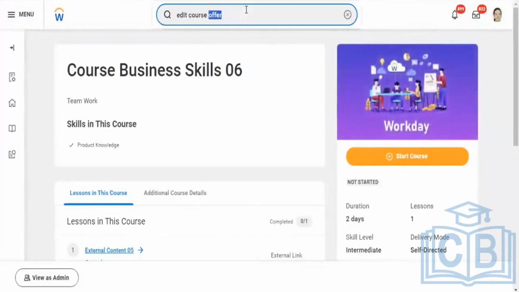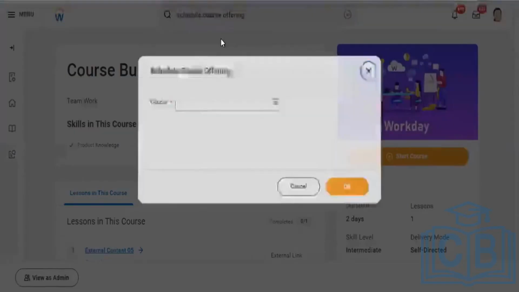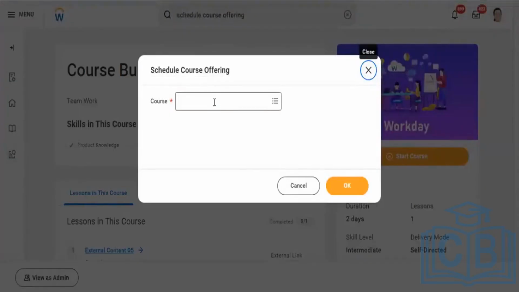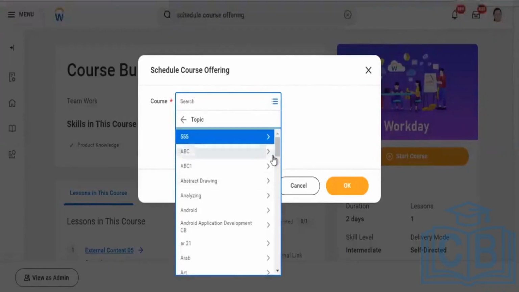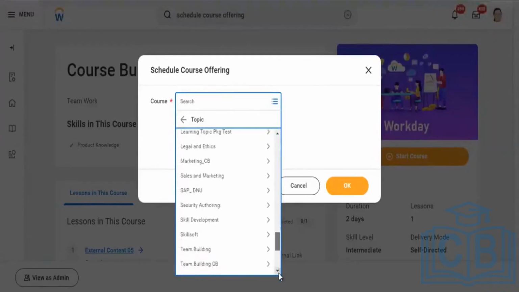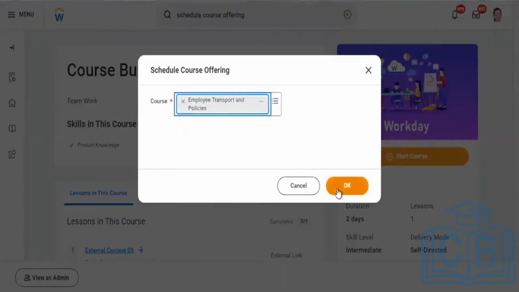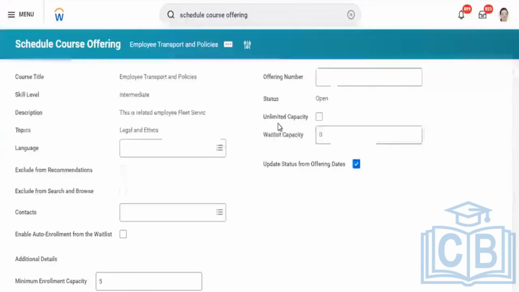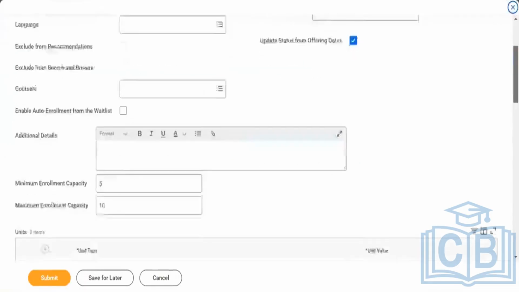We can search for the task called Schedule Course Offering, and create the new course offering. We will take the instructor here.